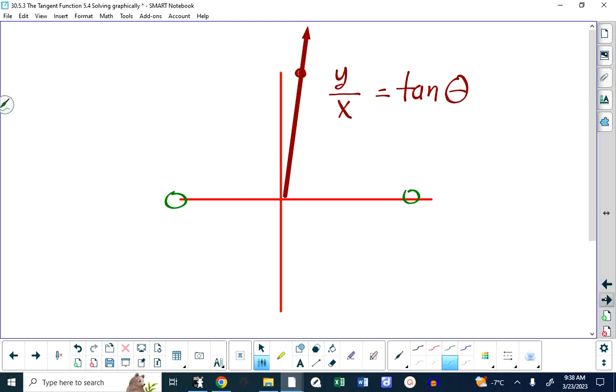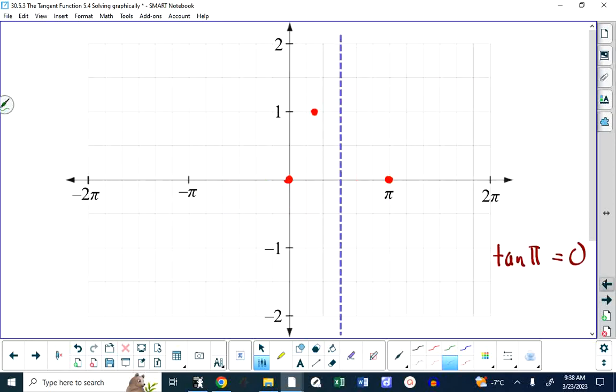Similarly, anytime it lands here or here, you will get an undefined value for tangent, which will mean you'll have an asymptote. And this is really a good way of visualizing it: if you look at the angular distance between here and here, or here and here, it's pi radians. And if those are x-intercepts on this graph, the x-intercepts are separated by pi radians. And the angular distance is the wrong word, but the angular measure or difference between the positions where we have asymptotes is also pi. So the asymptotes, and now we can start drawing this, the asymptotes will also be repeating every pi